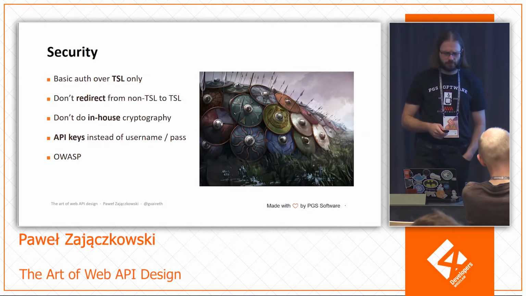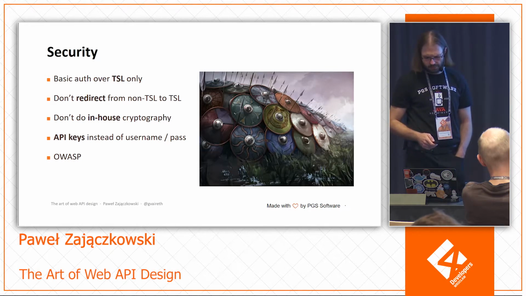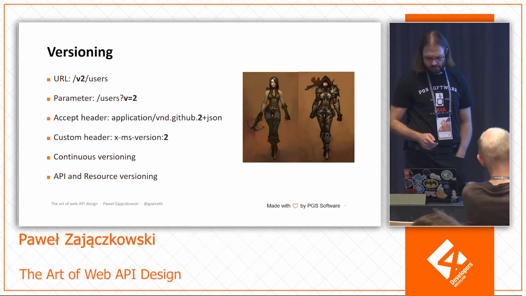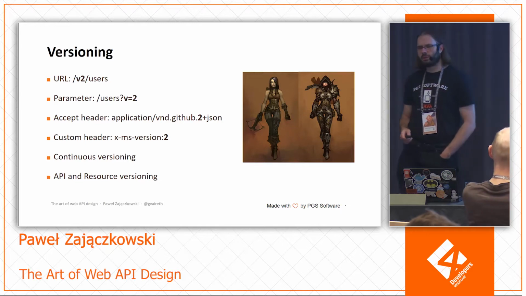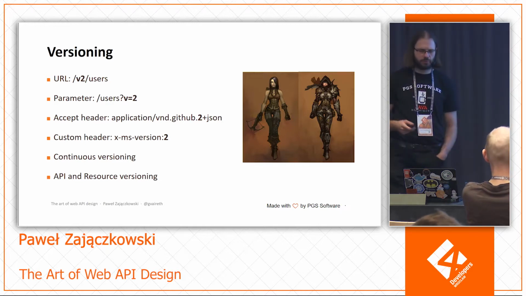And there is this OWASP project. There's a site where you have top 10 threats in web applications. It's always good to check it every year or so as they are changing. Okay, quickly versioning. So our API is changing. We have to reflect that somehow. And there are several ways to do that. First, we can just put version in a URL. It's by far the most common, I think, scheme.